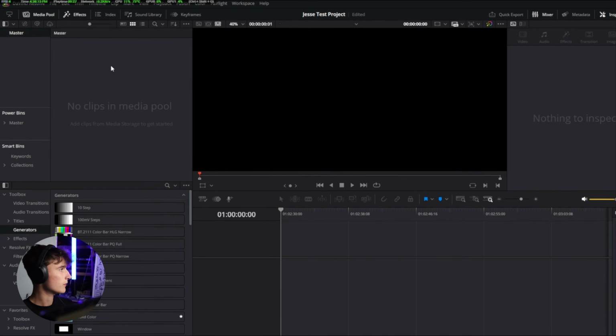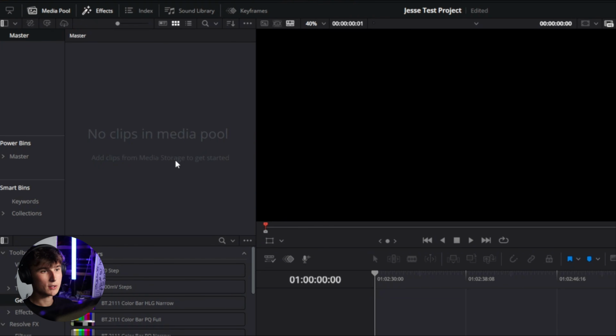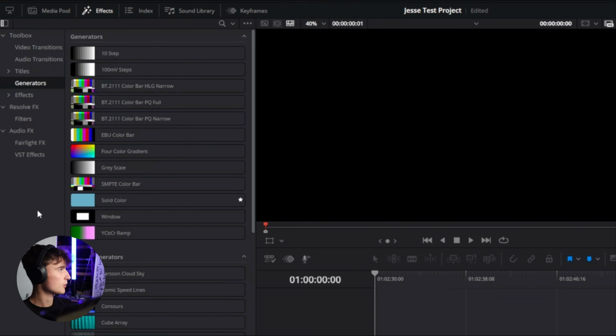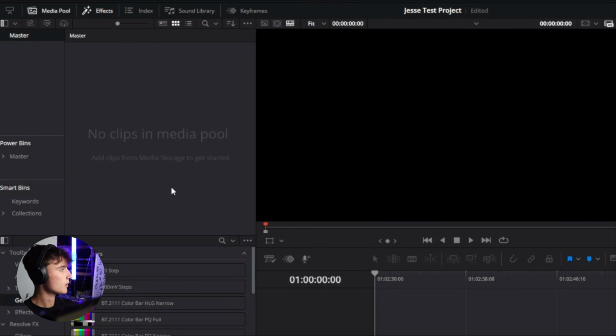If you look over here, you've got your media pool. If you don't see your media pool here, you just come up to this little tab and you toggle it on and off, because sometimes it will be hidden like that. So you just want to go to media pool and make sure it's open, and this is where you'll drag in the footage. But if you want to have it fast and streamlined so you don't have to reorganize everything,